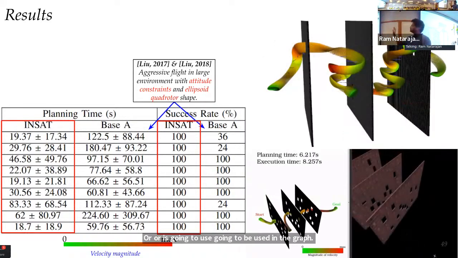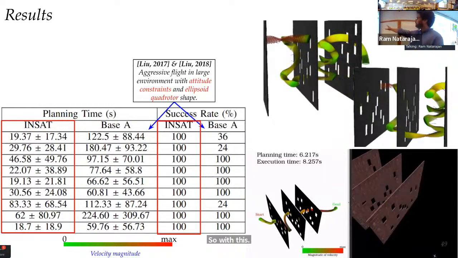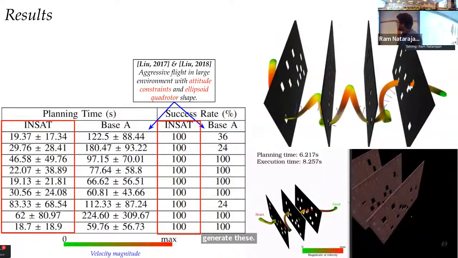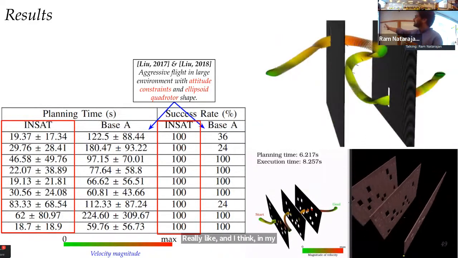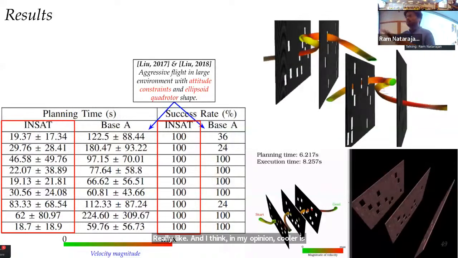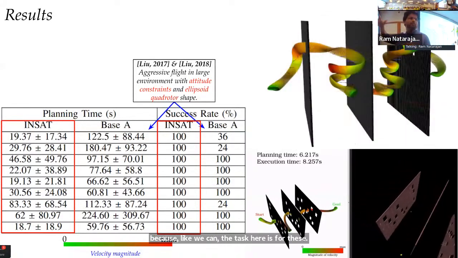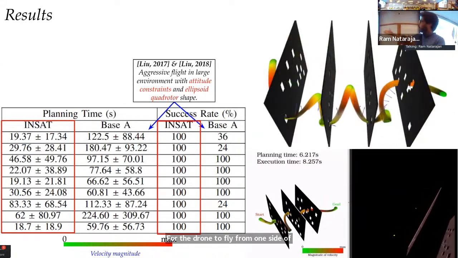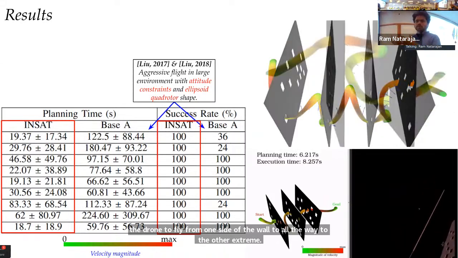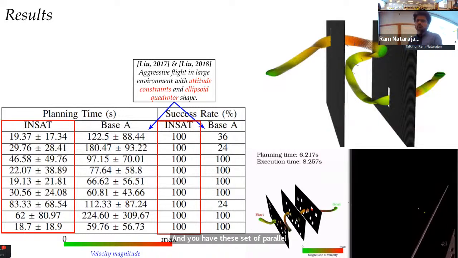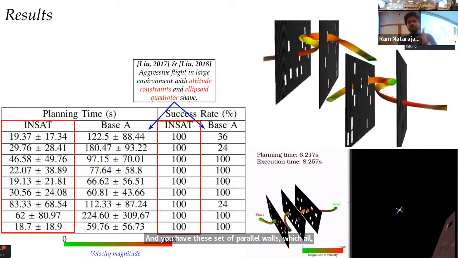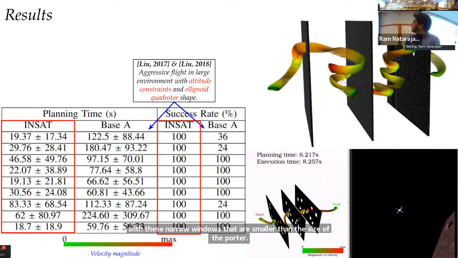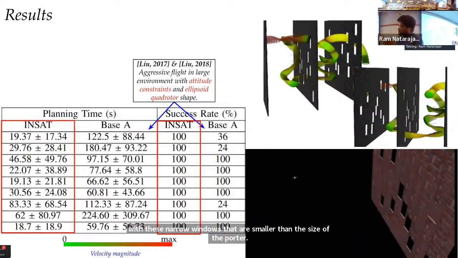We were able to generate these really, and I think, in my opinion, cool trajectories, because the task here is for the drone to fly from one side of the wall all the way to the other extreme, and you have these set of parallel walls with these narrow windows that are smaller than the size of the quadrotor, and the gap between these walls is also small, which means that it has to make sure it has to